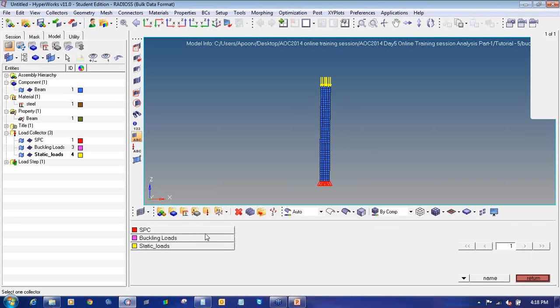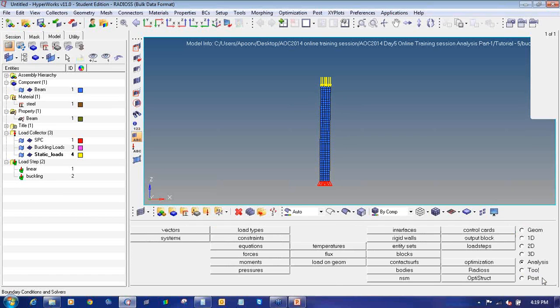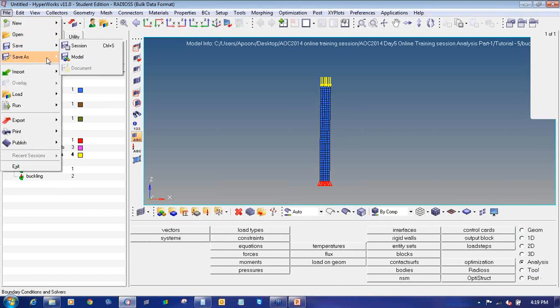Select method structure as buckling load and stat subcase, that is static subcase, as linear. That static subcase card allows for the selection of the linear static subcase for buckling analysis. Then I will click on create. So my load step is created, and then we will save the file